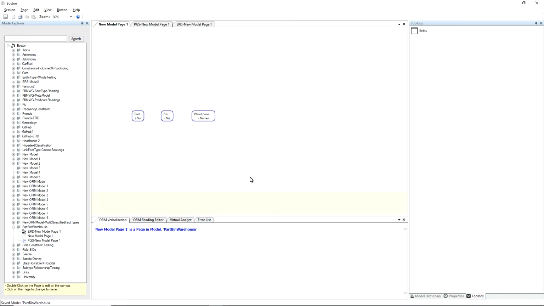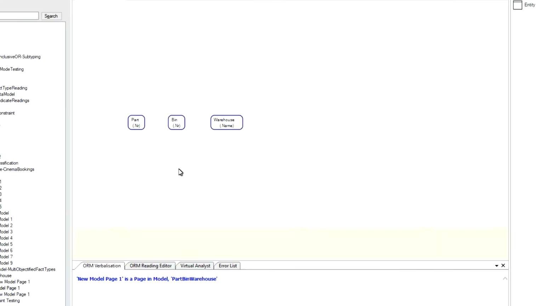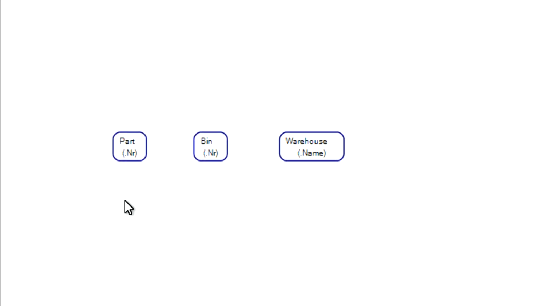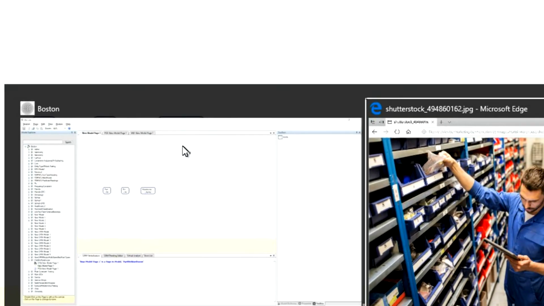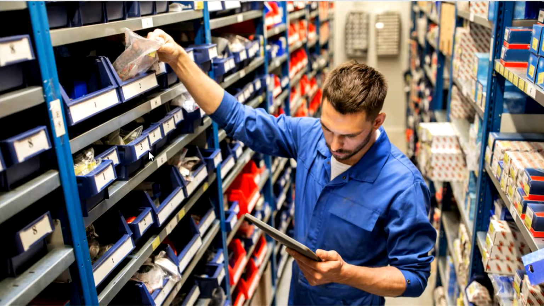You're looking at the Boston Conceptual Modeling tool. Today we'll be looking at fact type readings on fact types. Before us we have a very simple object role model which we're going to complete, where we have an entity type part and bin and warehouse, and we're going to be creating a schema where we're talking about parts in bins and warehouses. To get a feel for what we're talking about, let's have a look at this picture here,